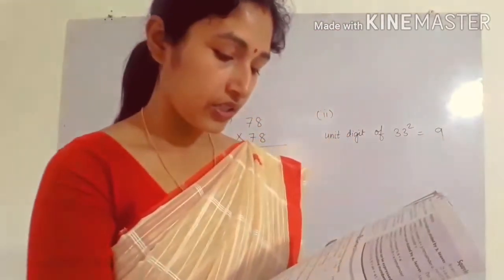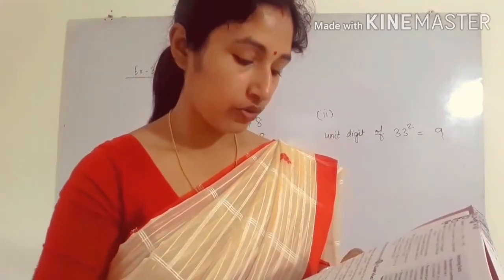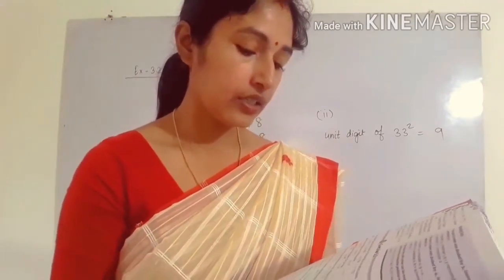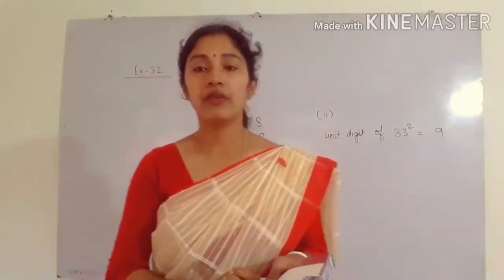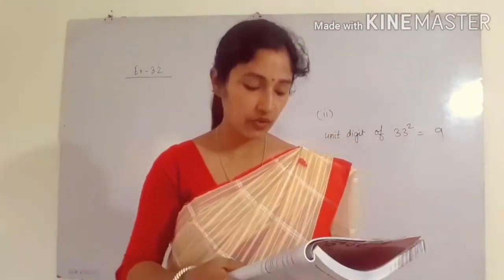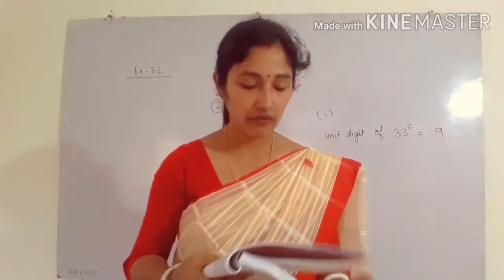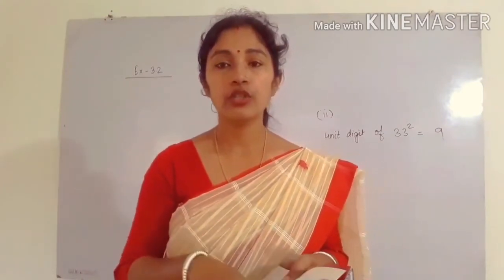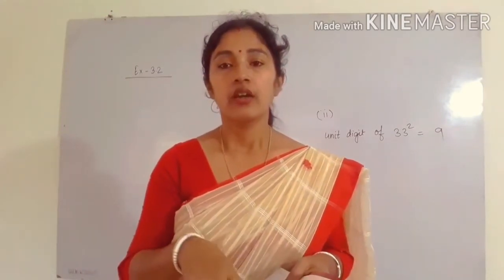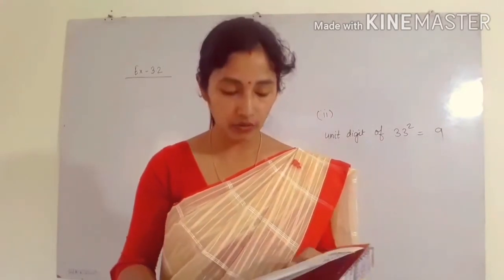State the number of digits in the square of the following. Here you have to state the number of digits in the square of the following. Already we have discussed this in the previous lecture, in the properties. So you have to find the number of digits. See, in 72 square, what is the number of digits? There are 2 digits, so you have to check how many digits will come in the square of that number. You know how to find it.